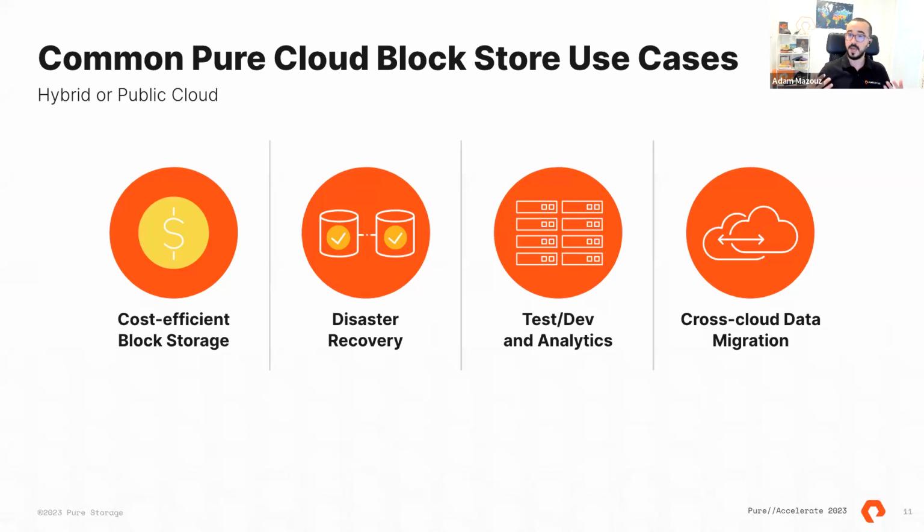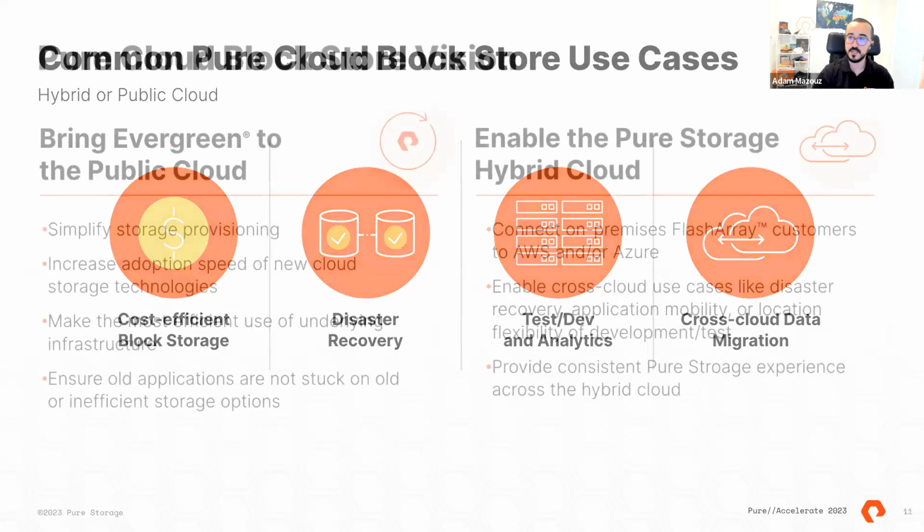Other use cases: I can run my test dev on cloud resources. One of the cloud benefits is elasticity, so the way you can scale up and scale down easily makes the cloud a great place for doing your test dev environment or doing some hybrid analytics. You want to generate a monthly report or a weekly report, and you don't have the compute infrastructure to do that on-premises. Why don't you extend that to the cloud? And the last thing I want to talk about here is cross-cloud data migrations, preventing the lock-in. You don't need to put all the data in one basket and move it back and forth between managed services, on-premises, and cloud providers.